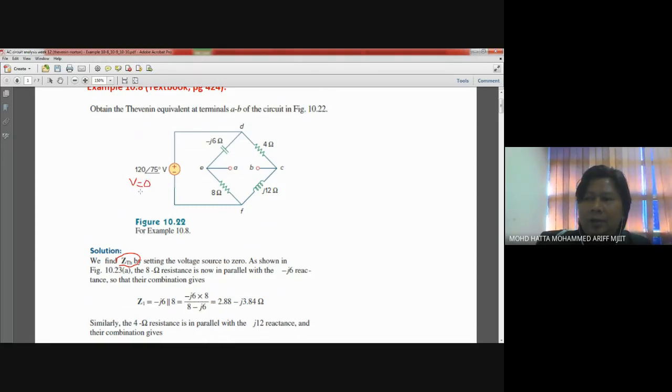And since we put it as V equals to 0, means that this part should be a short circuit element. So from there, you should find out what is the value of Z from this direction. So this is the answer to, in order for you to get the value of Z, where the value of Z is basically